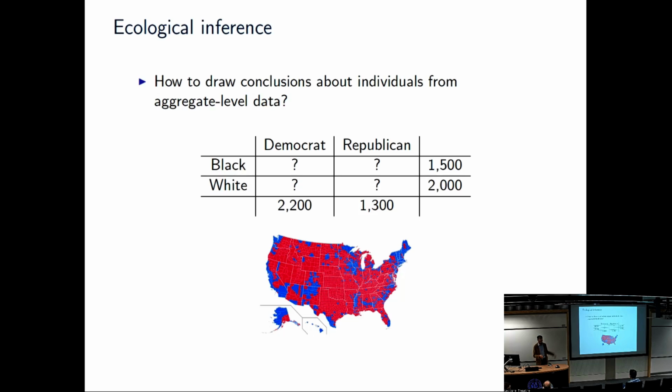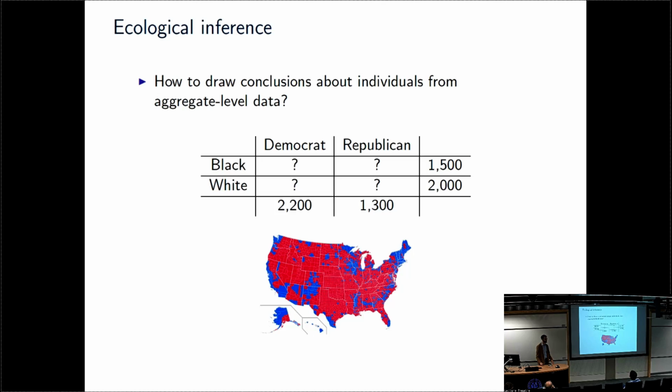So that's here in this 2x2 table. We've got 2,200 votes in some district, just one of these little polygons. We've got 2,200 Democrats, 1,300 Republicans. And then somehow we also know the number of blacks and whites who voted. And what we would like to infer, and so this is important for legal reasons in the United States related to the Voting Rights Act, we would like to infer the inner entries, the inner cells in this 2x2 matrix.